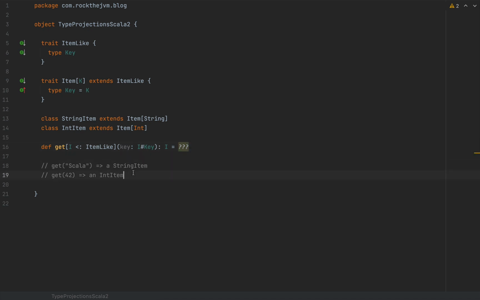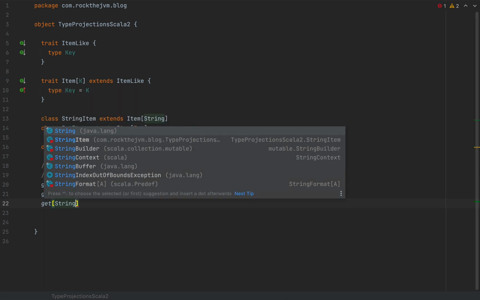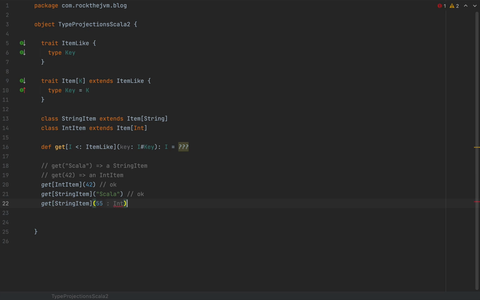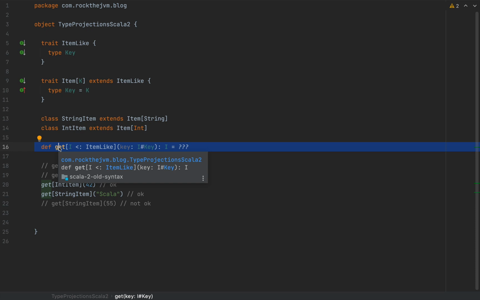And in this case, the compiler would say, if I say get for the type int item, which is an item of type int, and I pass the number 42, this is correct, and this would return an int item. A get for a string item, and I pass the string Scala, this will also work, but if I do get on string item and I pass, for example, a number, this is not okay, because string item must have a key which is equal to string, and therefore the number 55 is a type mismatch. So this is what the exercise wanted you to do, to define this signature of the get method that would